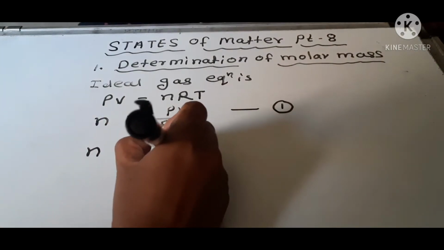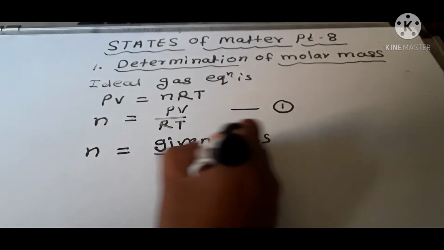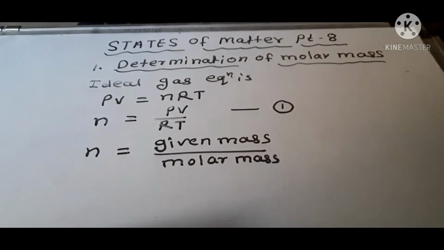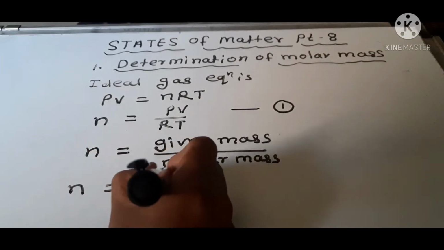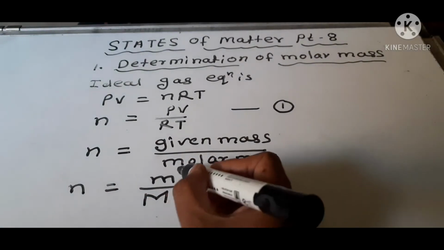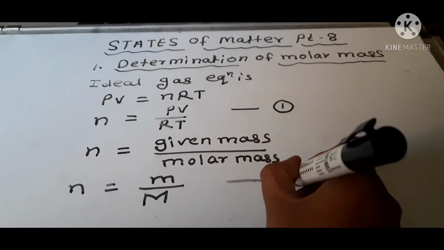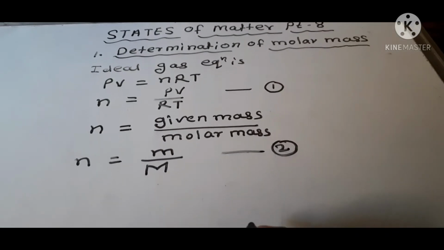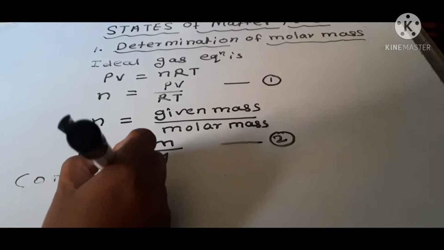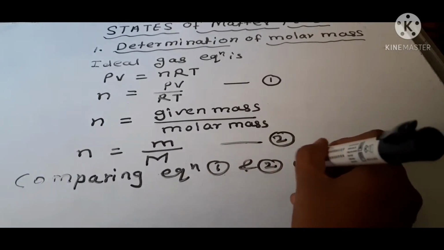And as you know, the definition of number of moles is the ratio of given mass upon molar mass of the given compound. So n equals small m upon capital M. Capital M is molar mass and small m is given mass. This is equation 2. Then comparing equation 1 and 2, we get